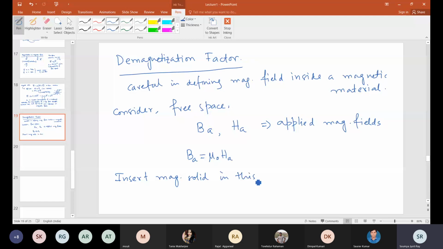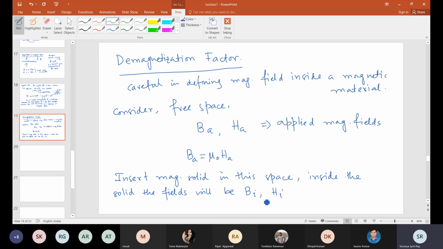inside this solid material, the magnetic field will be different from BA or HA. So inside the solid, the fields will be different, and we call them BI and HI, where I stands for internal.